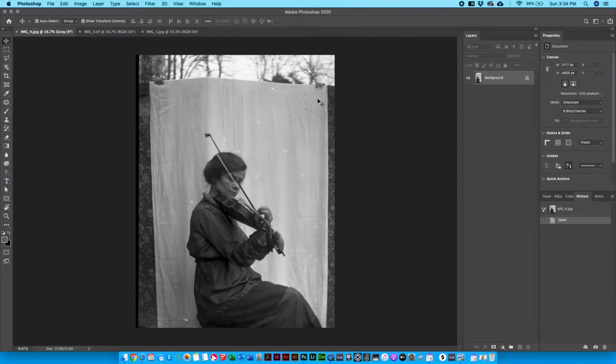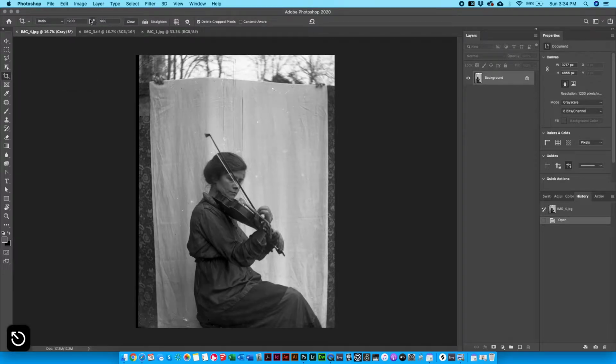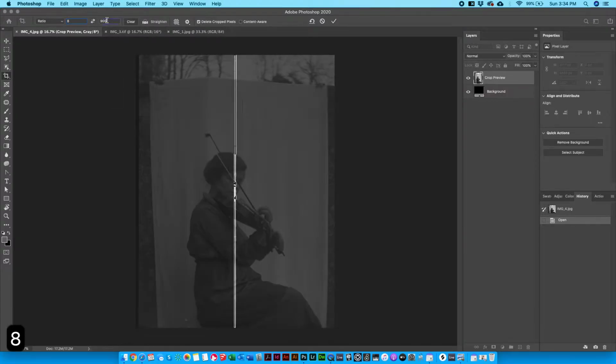For the first one here, I want to only get her in this. I kind of like how it looks a little artistic with the edges here. You can see the hands are kind of holding up the sheet right here. But we're going to crop those things out first. Now, we're not going to size the image or anything like that. For this project, we're going to be making an 8 by 10 print. But for right now, all we're going to do is change our crop ratio to 8 by 10